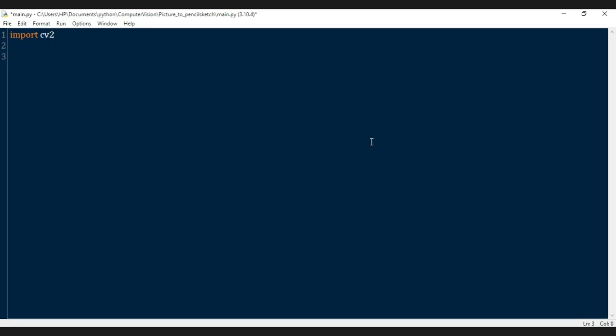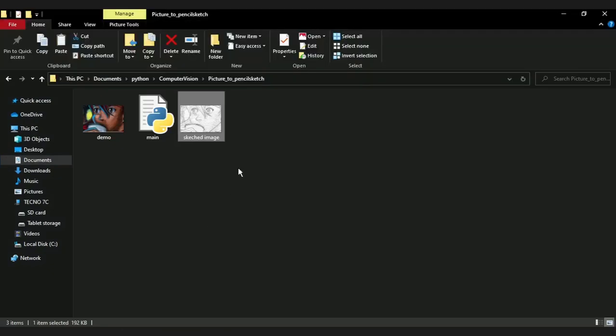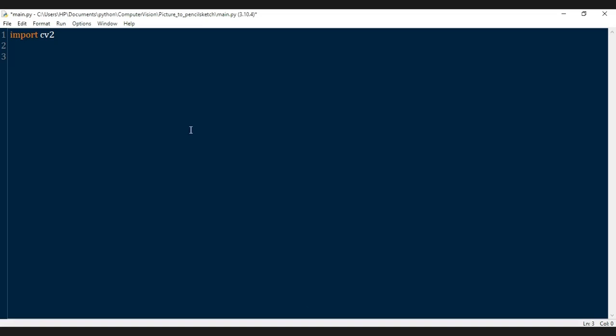After that, we need to specify our image. Remember the image over here that we're going to convert into this sketch image here? This demo image was converted into this sketch image. So I'm going to specify the demo image and then convert it into a sketch image. I'll just remove the sketch image right now so that I can show you guys the process of converting it. So I'm going to specify the image. I'm going to say image is going to be equal to